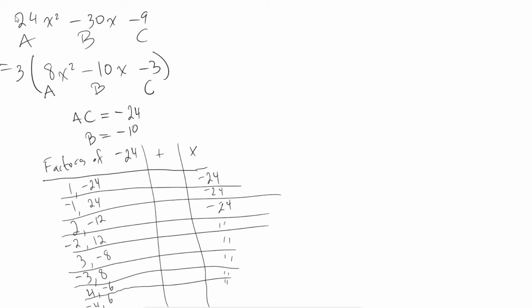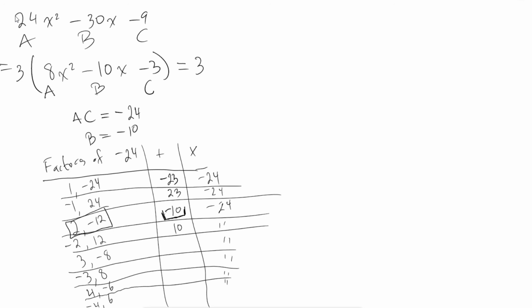So we have 1 plus negative 24. That's going to be negative 23. The opposite, negative 1 plus 24, is positive 23. 2 plus negative 12 gives me negative 10. Negative 2 plus 12 gives me positive 10. Wait, we can stop right here. Boom, we found it. We found our two mystery numbers. So our two mystery numbers are positive 2 and negative 12, which means that this is the same as 3